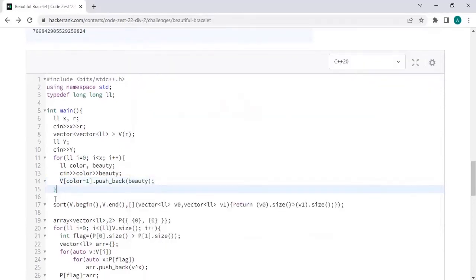Now after which we are sorting that particular vector. So the first parameter will be vector dot begin, then vector dot end, that is we'll be sorting the entire vector which is over there. Now it's a vector of vectors, so we'll be sorting it in this